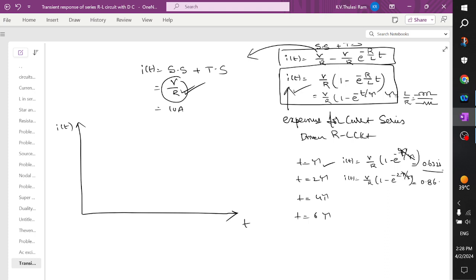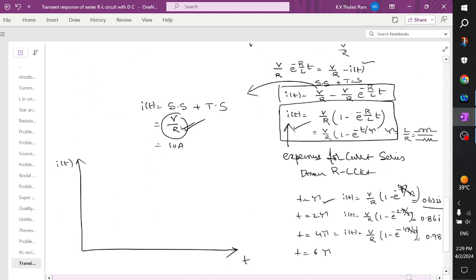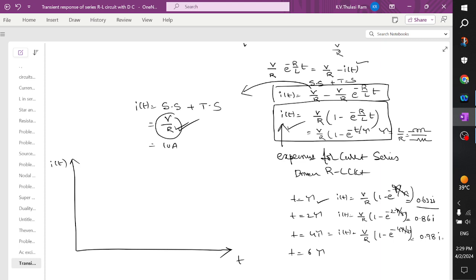0.86 I. And similarly, substitute i of t is equal to V by R into 1 minus e to the power minus 4 tau divided by tau. Tau will cancel. When you perform it in the calculator, at 4 tau you are going to get 0.98. This V by R can be written as I. So similarly, at i of t is equal to V by R into 1 minus e to the power minus 6 tau divided by tau, tau will get cancelled, and this will give you the value of 0.99